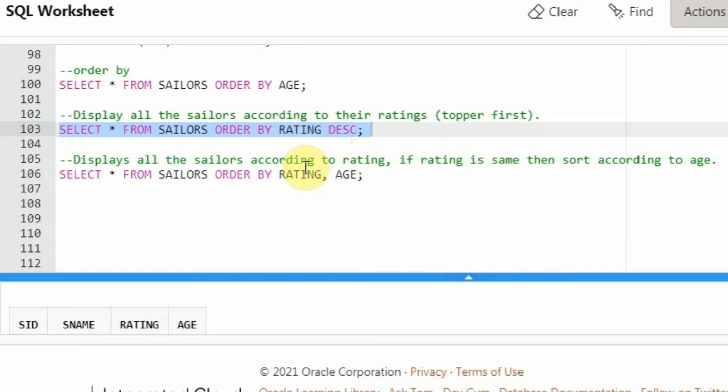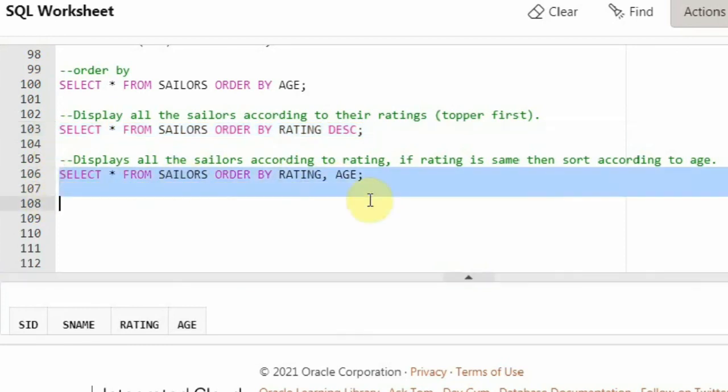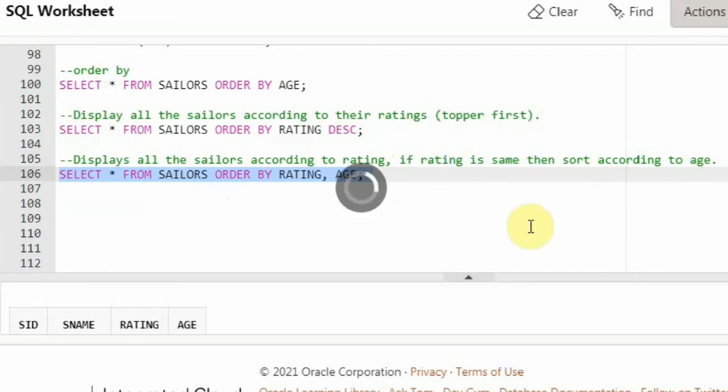If the ratings are the same, then consider the age and put them in ascending order. This is how I'm giving two attributes. It will sort the table based on the rating only, but if the rating is the same for two sailors, then it will consider the age. Let me execute and show you. When you see the output, you will know it clearly.